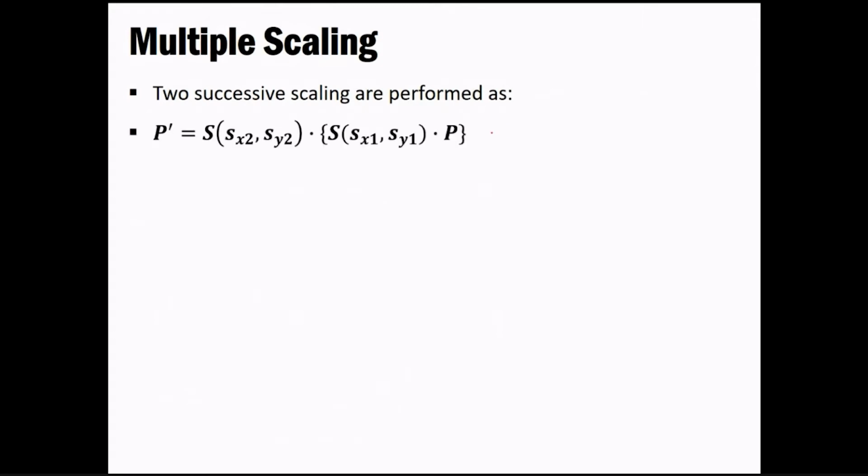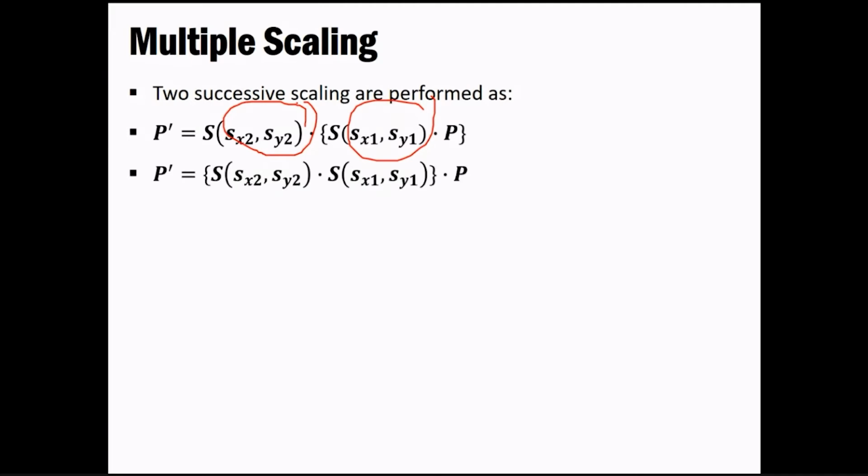Again we have two successive things to be performed, that is scaling factor 1, which can be denoted with sx1, sy1, similarly sx2, sy2. And we need to perform it on a pixel. So the basic thing is given over here, go in this manner and try to do it if you are not able to do it in a single go. But obviously we are going to derive one equation so that we have it in our hand, and these are the things to perform in a single go.